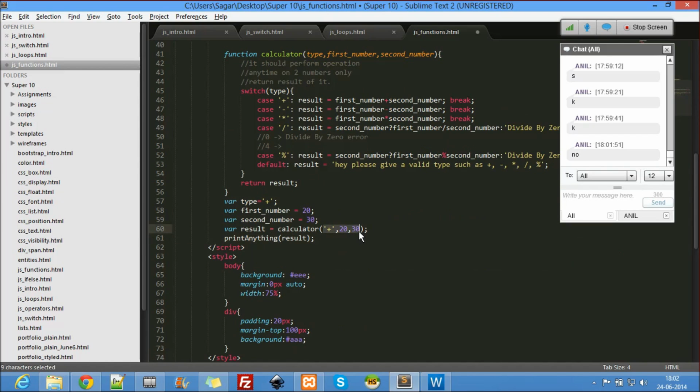Here I can pass that again. So type, first number, second number. So first number plus type plus second number plus